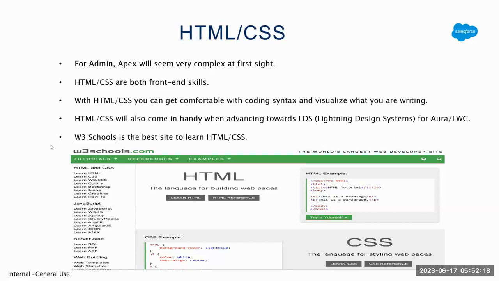Even though Salesforce provides its own Lightning Design System, which you can Google, it's slightly complex and sometimes developers don't prefer to use it. They try to go with HTML and CSS only, like in LWC also. So if you go to W3 Schools, I learned from here only, HTML and CSS. If you go here and click on Try it Yourself, you can learn it, run it, and then see the result here itself.